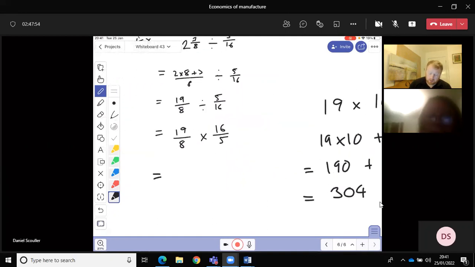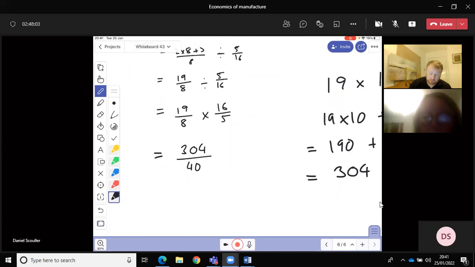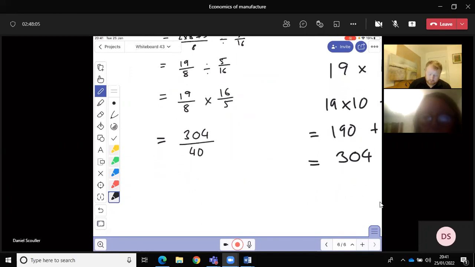Yeah. It's a hell of a big sum. And 5 times 8, which is 40. Okay. Ways to simplify that down. I would say divide it by 2, so they're both even numbers, so we can divide that by 2, and that just makes it a wee bit more digestible. So that would be,